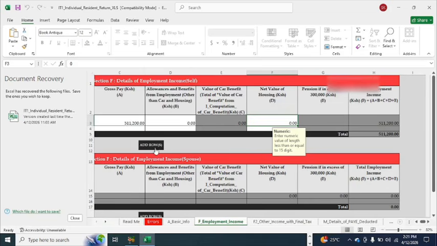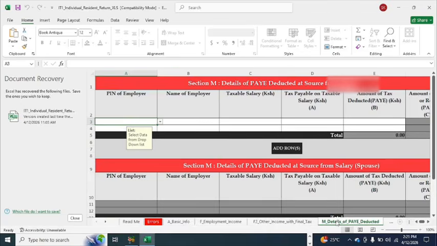In case you have 2 employers, you can add a row. I needed to clarify that since I had been receiving questions about it. So, other income with final tax. Now we need to go to